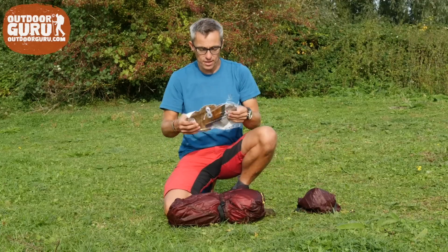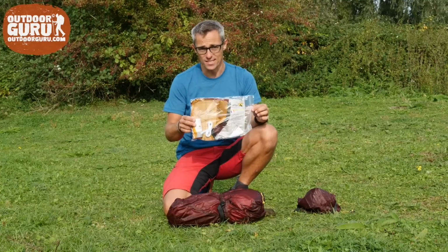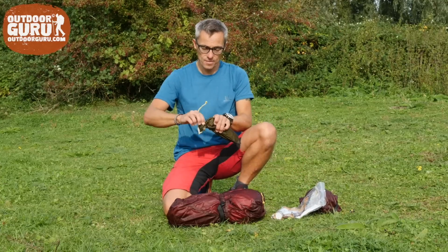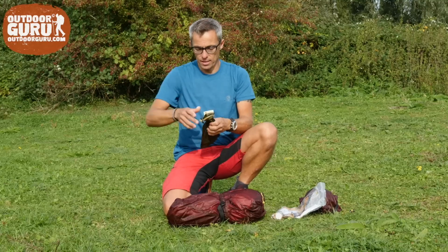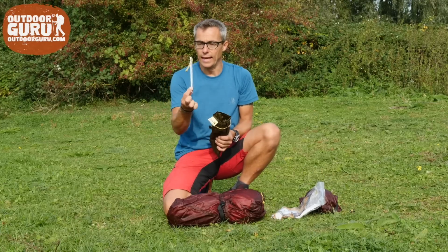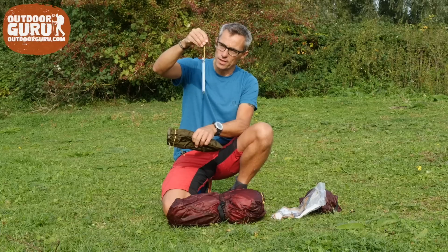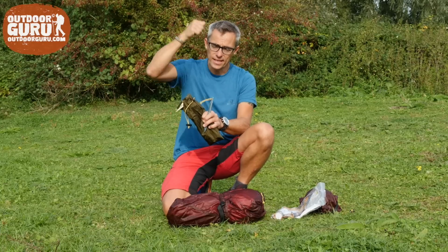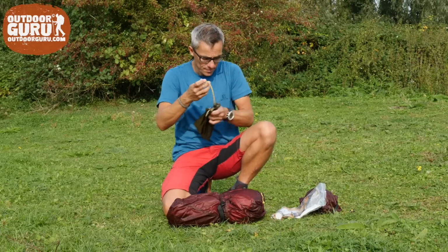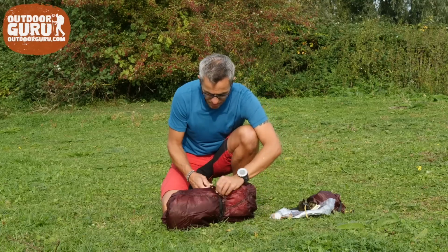Then, this is the thing that Tentipi does very well. It's the instruction and the tools you need to pitch the tent. More on this later. Then, the pegs. And the pegs, they are, of course, made out of aluminium, and there is this attachment with a piece of rope to it, so you can take it out of the ground very easily without touching the aluminium. And then there is of course the tent, and here is again another strap